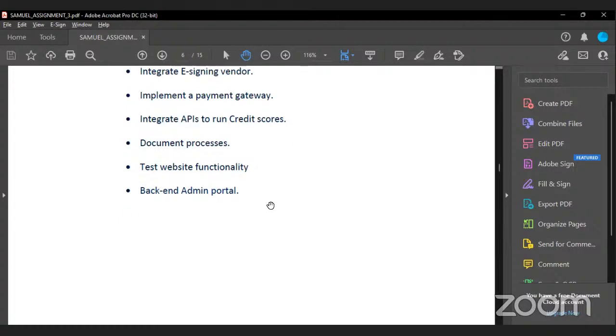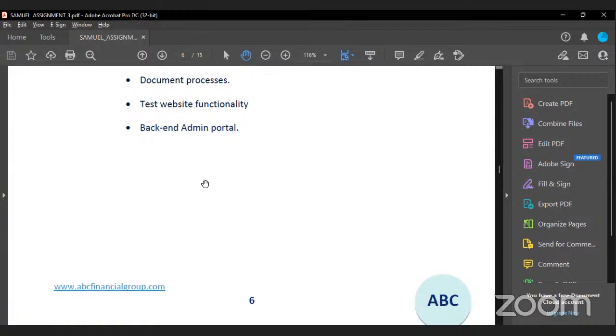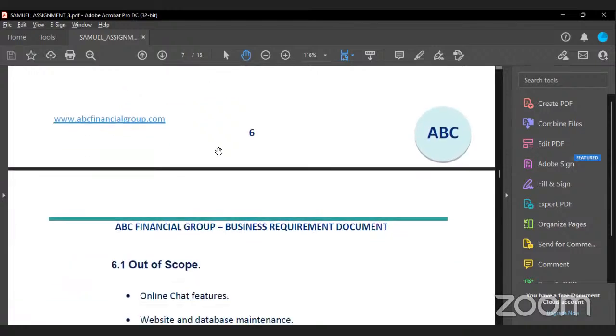So we would also test the website's functionality before handing it over to their design or development team to then put it live. We never spoke of putting the website live, or after every system has been functionally tested, we would be the ones to put it live. And then we'll also install a backend admin portal, which will just secure the site. It would basically handle the security measures of the web page.